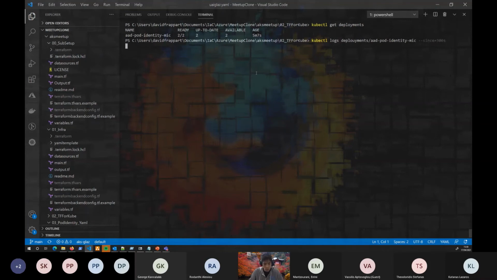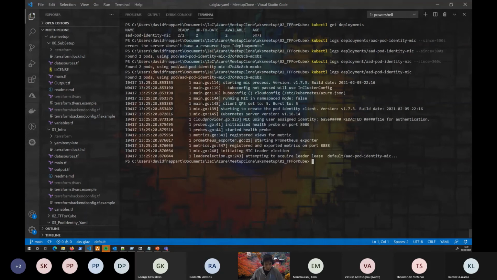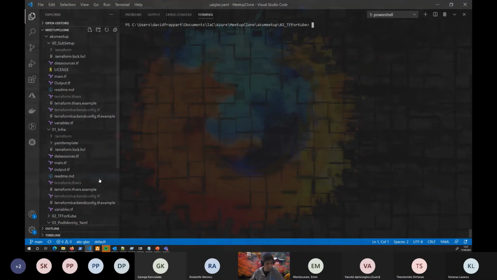Let's limit ourselves at 2 minutes. Oh, obviously it will not write it correctly. Okay, I have a few logs, no error there, and I had to remove the 300 seconds because I did not have any more logs. So, okay, everything seems to be working fine. So the next step now is to try to make stuff work. And so obviously we need to create an association with an identity.